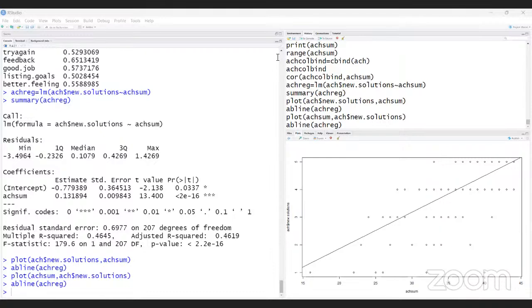H reg equal to LM. LM means linear modeling. H dollar new solutions. That is the variable. And tilde H sum. And after that, we will get the simple regression.